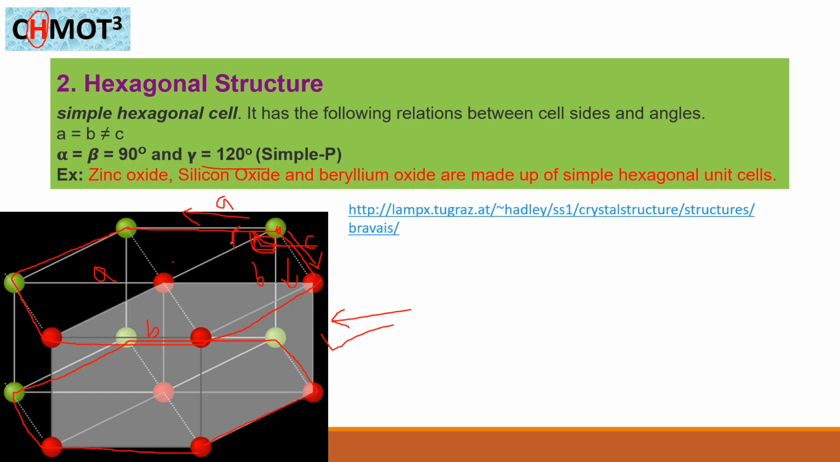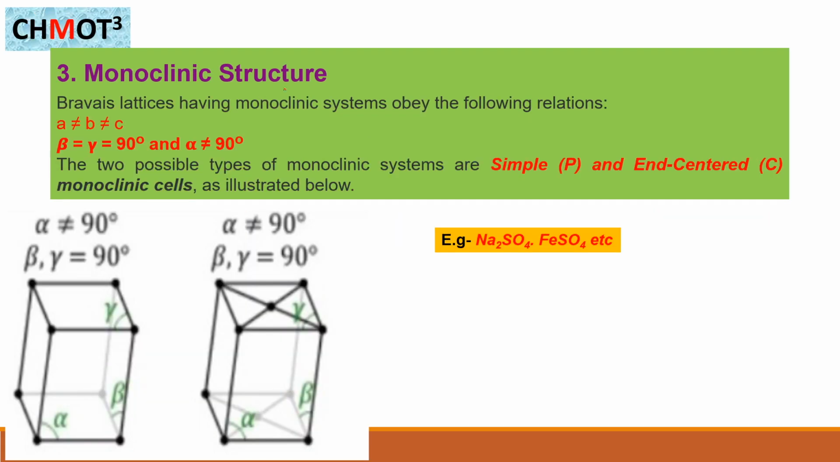Okay, so the hexagonal crystal structure is shown by zinc oxide, one of the famous examples. This kind of material shows a hexagonal crystal structure, such as zinc oxide, silicon oxide, and beryllium oxide, which are made up of simple hexagonal units. Okay, so now let's discuss the